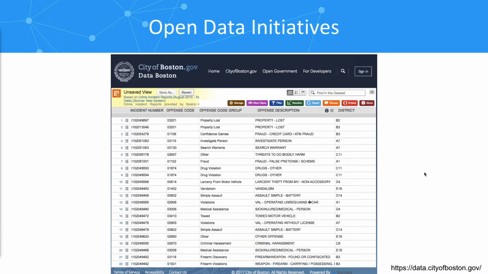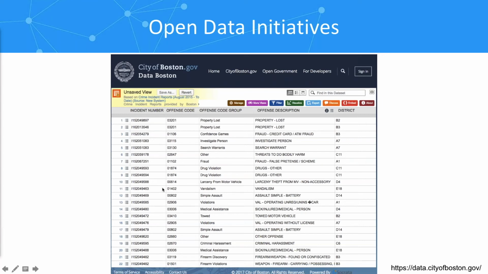So for the purposes of our demonstration today, unfortunately, the data underpinning this is clearly not provided to us. We're not going to get all the information about crimes and who committed them and who's responsible or who's victims. So all that information has been stripped out. But the best thing here, though, is that it is real data. We're talking about real incidents that have happened in Boston. And that's never more clear than when you look at these group codes here. So, for example, property loss, fraud, drug violation. And then we have an incident number to make sure that we know exactly these are the unique incidents that